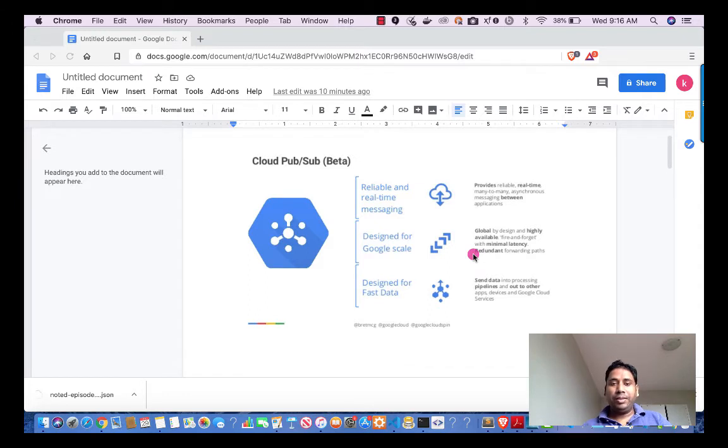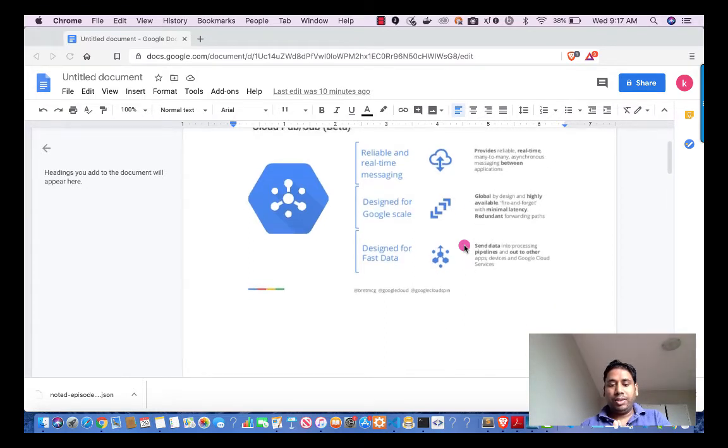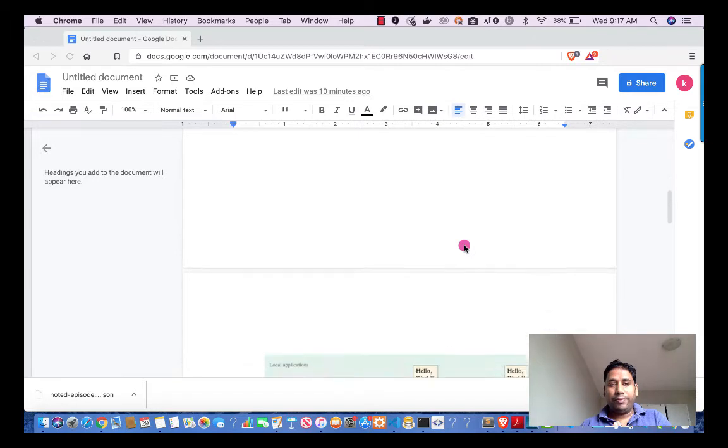So if any message is posted and you are not able to get the message, that message will be stored for 7 days in Cloud PubSub. We have a configuration where you can set the duration from 10 minutes to 7 days, but this kind of facility is there.